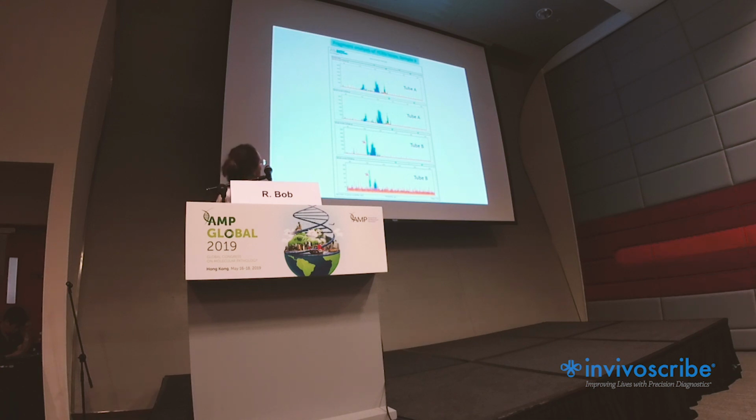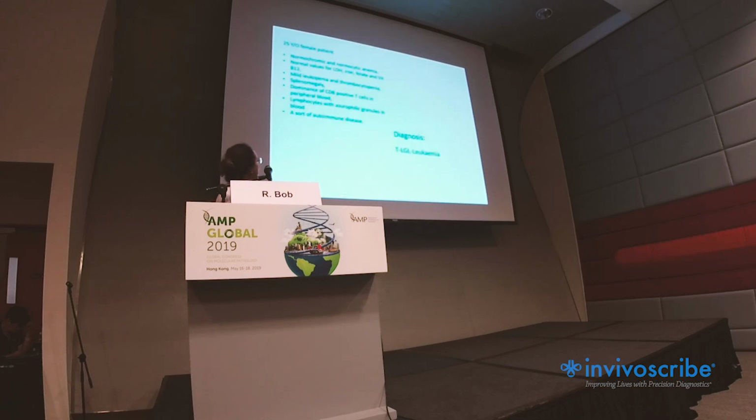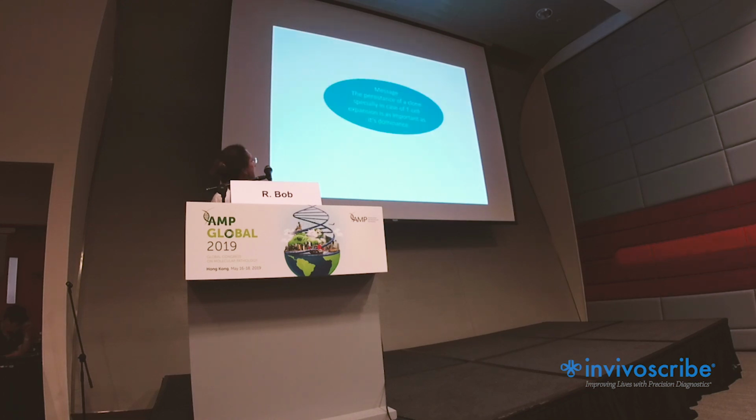That's the third peripheral blood sample analysis. You see, again, no more dominant peak in tube A, but the persistence of this peak representative of the clone in tube B. So the diagnosis this time, in combination with the clinical data and other lab data that we have, was TLGL leukemia. And the message of this case is that the persistence of a clone, especially in case of T cell expansions, is as important